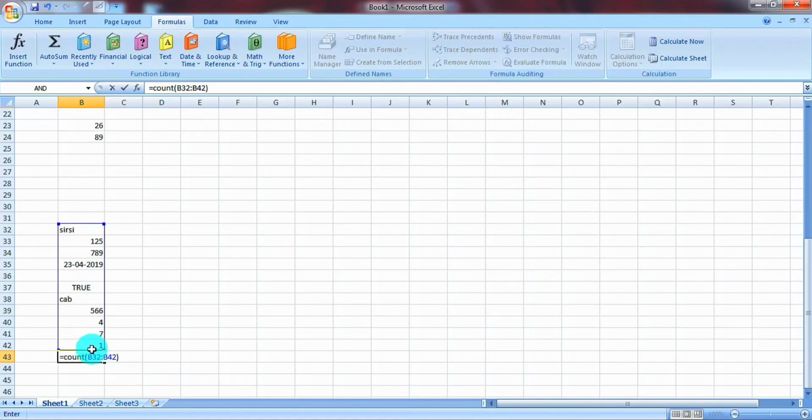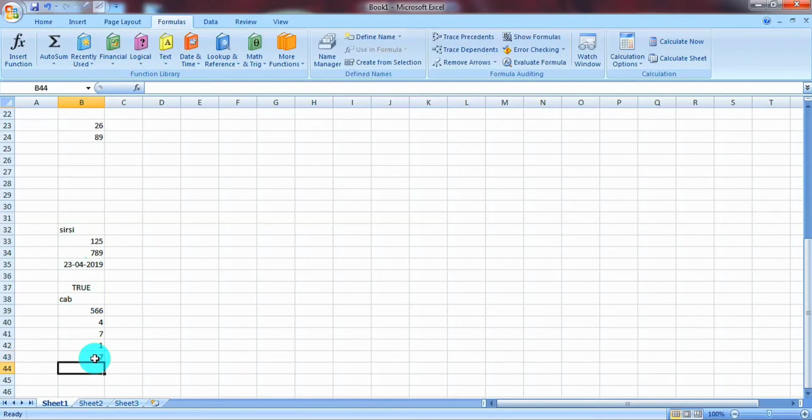So in this range, that is B32 to B42, how many numbers are there? 1, 2, 3, 4, 5, 6, 7. So our count function returns 7 because there are 7 numerical values in this range.